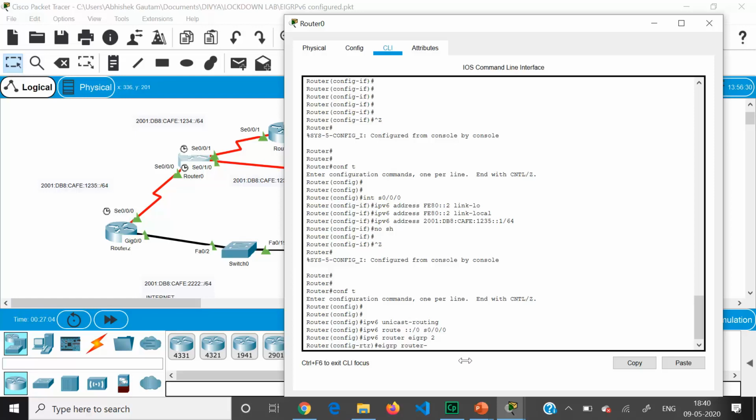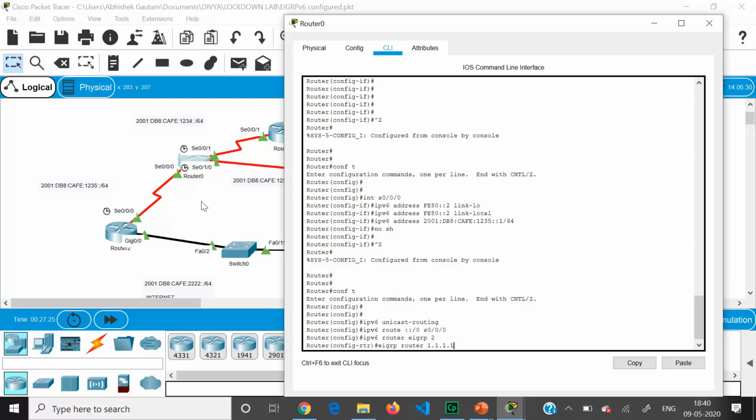Therefore, if we were not giving it manually, then that IP address was being taken automatically as the router ID. Whichever was the highest configured IP address on the interface would have been taken as the router ID. But here we have to manually give, because the IP addresses are 128-bit and we cannot use that.